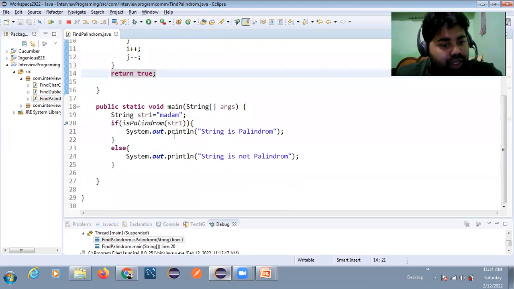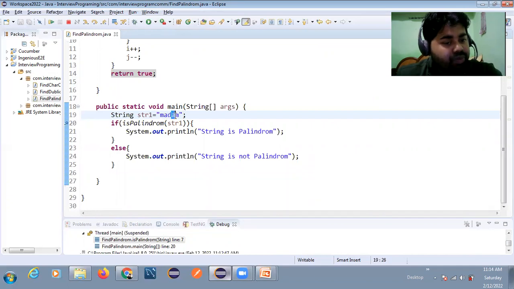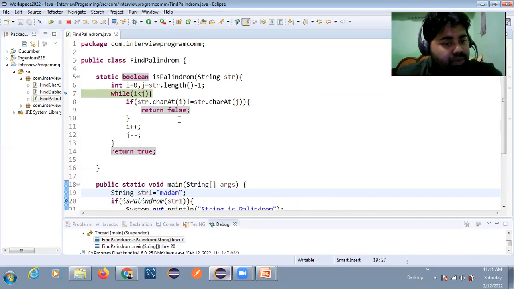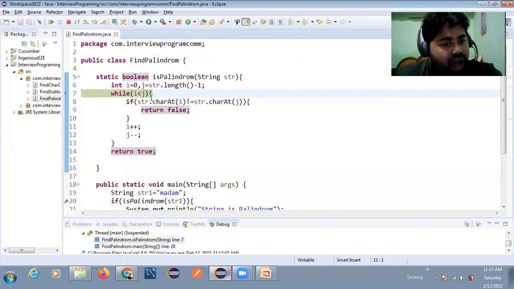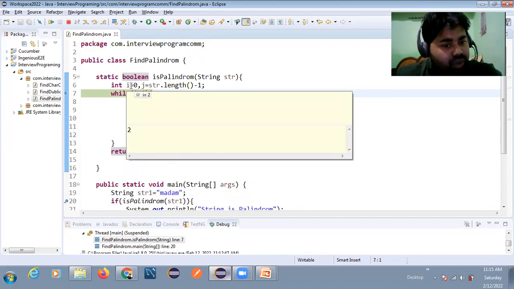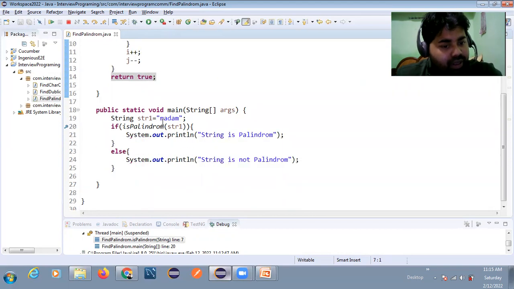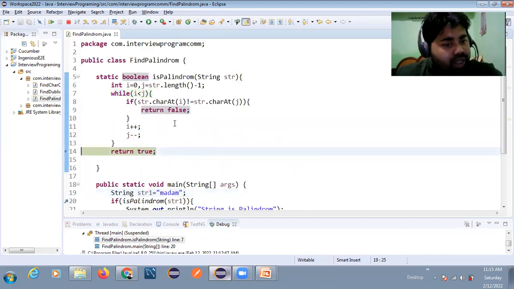So now you can see i will become 1, and it will decrease the value. So what it is doing, it is comparing this and this. Again it will compare this and this. So both are the same, right? I'm putting not equal to, and it will return false, right? So now if I go for this, same thing again, you can see now i will become 2 and j will become 2. So again it will compare this one, right? So this is the same value, right? Same thing, you can see now it will return true.